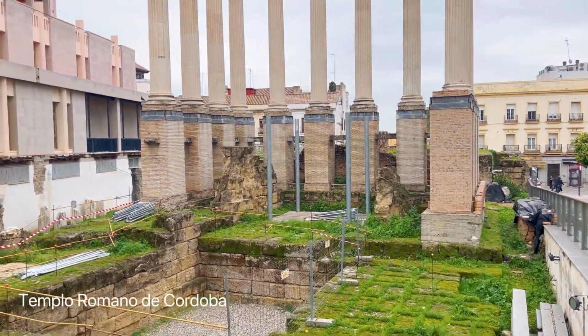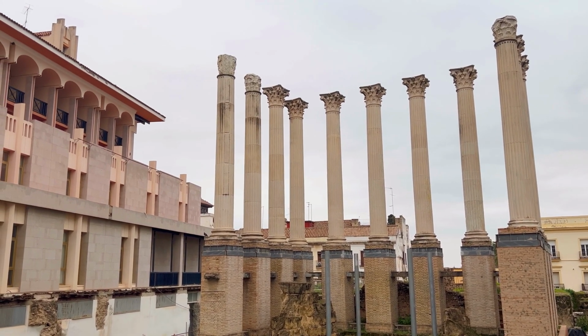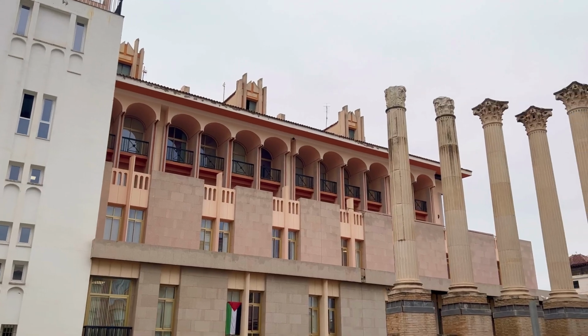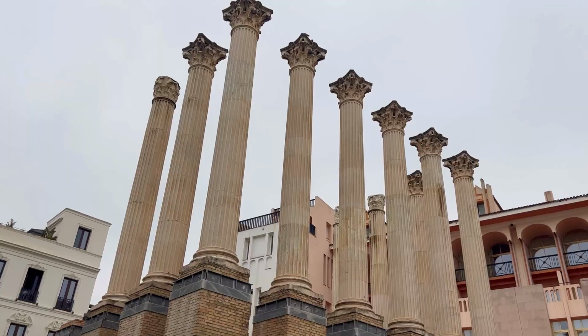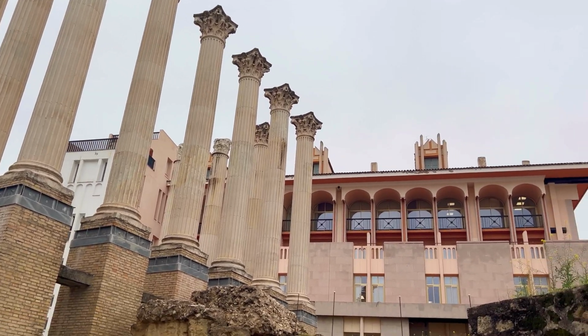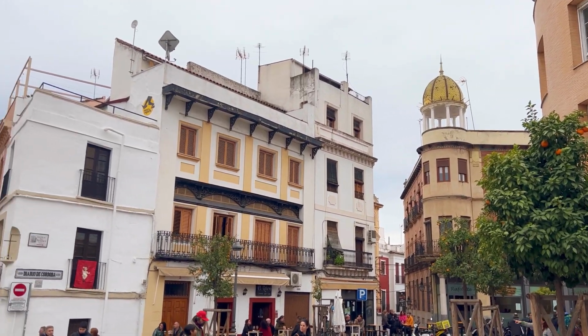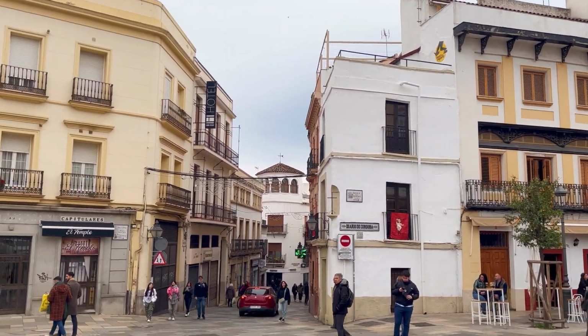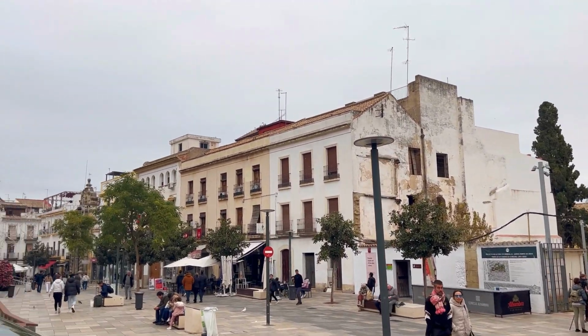This is a significant archaeological site, known as Templo Romano. Dating back to the 1st century AD, this temple was dedicated to the imperial cult, likely honoring Emperor Augustus or possibly Julius Caesar. Archaeological excavations have unearthed significant portions of the temple's original structure, providing valuable insights into Roman religious practices and urban